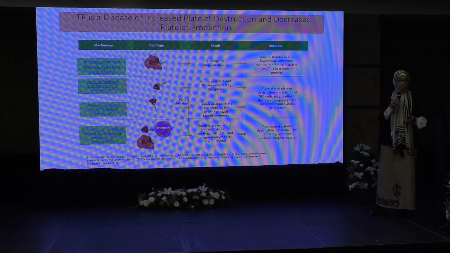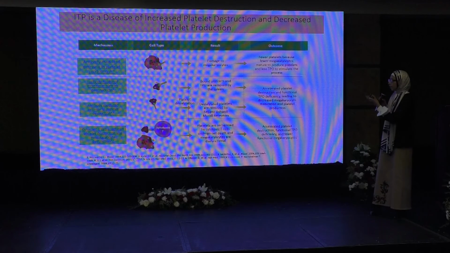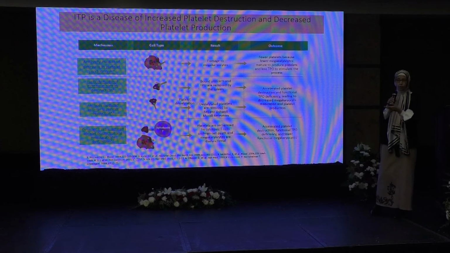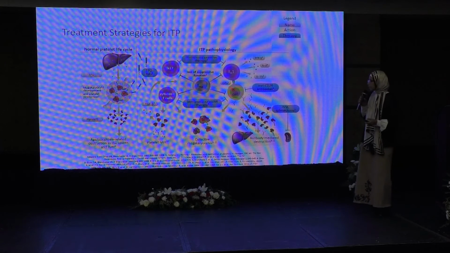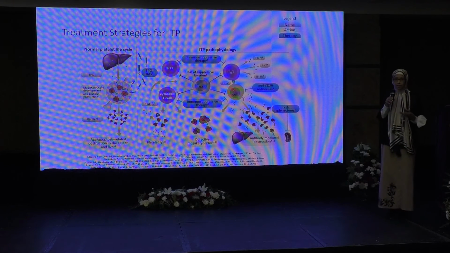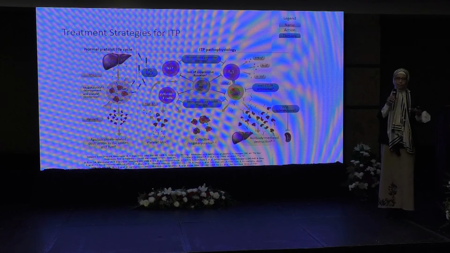So ITP is an interplay ending up with antibody formation and complement mediation, though complement is not very famous as a target, and cytotoxic T cell attack of the platelets. The antibody may attack the megakaryocytes themselves, leading to suppression of megakaryopoiesis, or directly attack the platelets, and the cytotoxic T lymphocytes directly attack the platelets by T cell cytotoxicity. This is the complex interplay of the pathogenesis, ending up by targeting